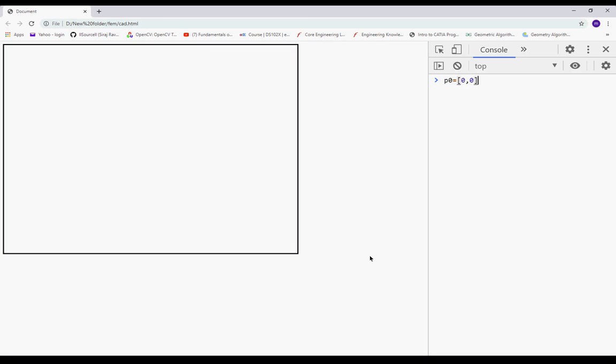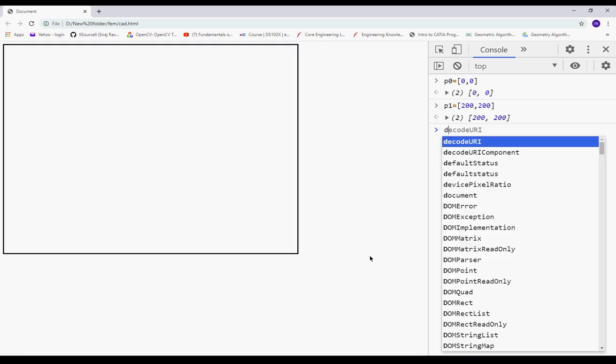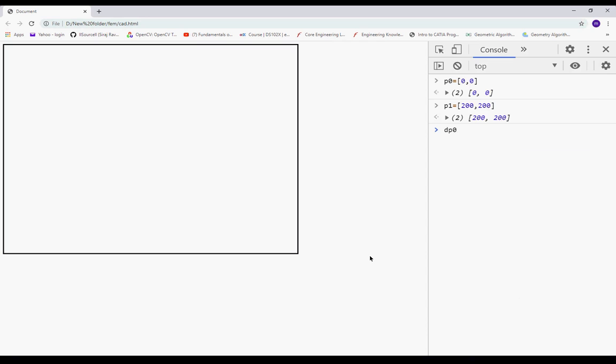Let it be starting at this location, and P1 is equal to, let's have a point 200, 200. So this is my point, and let's say the tangent vector dp0 will be 0, 1. So 0, 1 means there is no x available, only y is available.